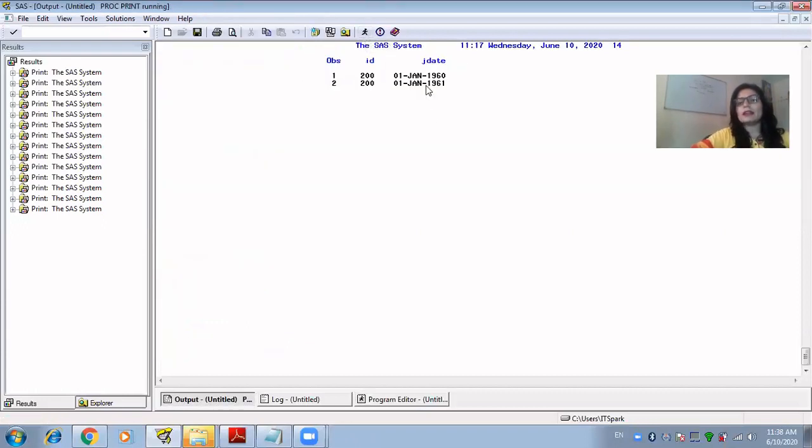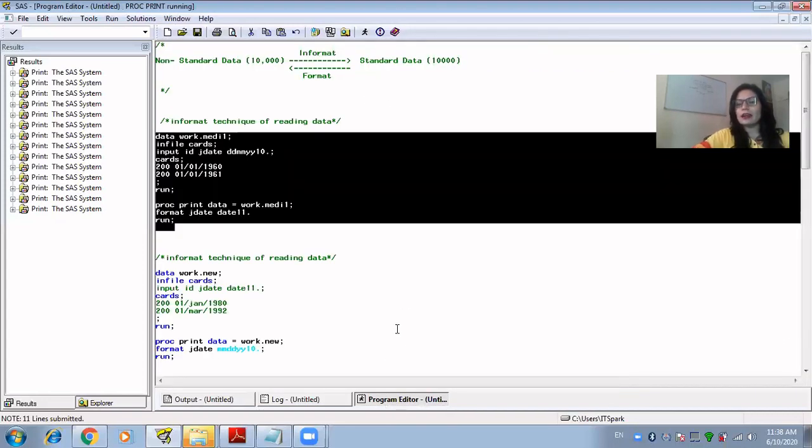So informat is part of the data step, but format we can write in data step and proc step both. But while we are reading the data using informat, we have to pass the same informat. Once we read that data and that has been stored in the SAS environment, it's up to you what format you want to apply on this. So you understand the concept of informat and format on a date variable. I'll be coming with some more different variables or different types of data where we can have a different informat and